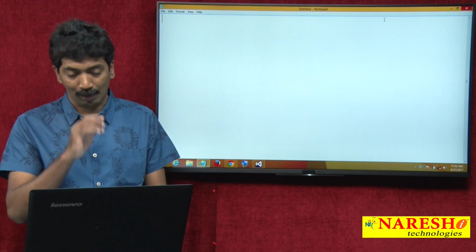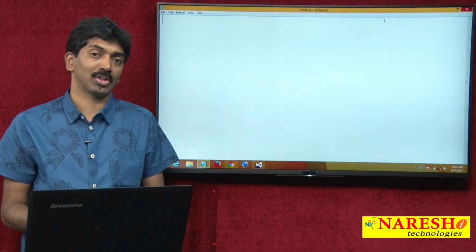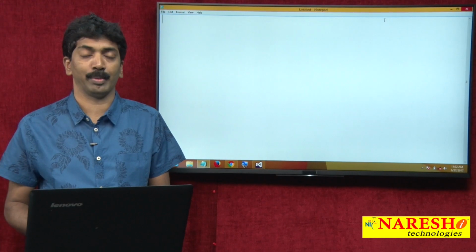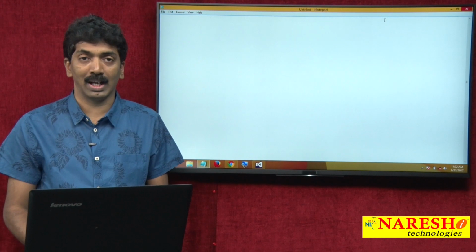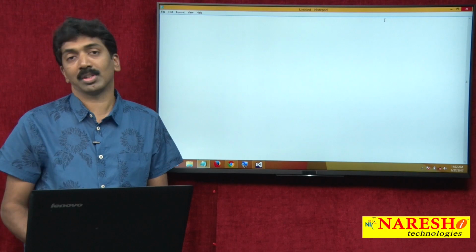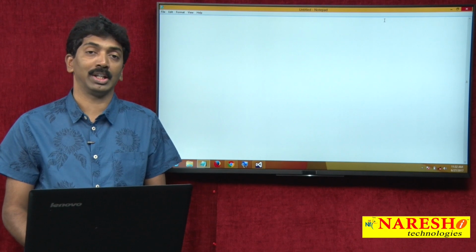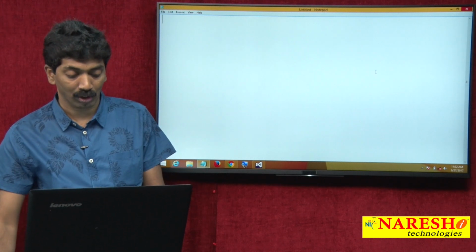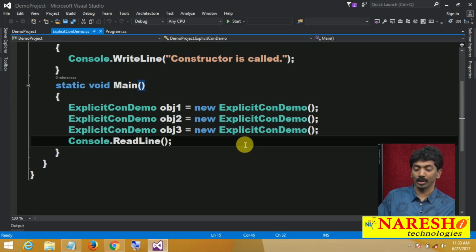I'm Bangar Raju, and this is part 2 of our constructors, a continuation. In part 1, I was demonstrating what a constructor is and what the need of a constructor is. We discussed that a constructor is a special method present in a class, responsible for initializing the variables of the class. And second, every class requires a constructor for creating an instance. If a constructor is not available, we cannot create the instance, because whenever we create an instance, we explicitly call the constructor.